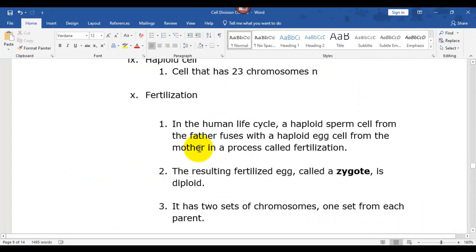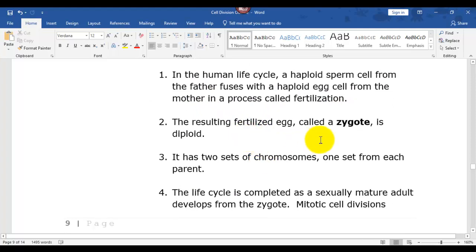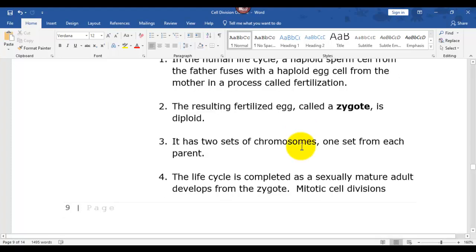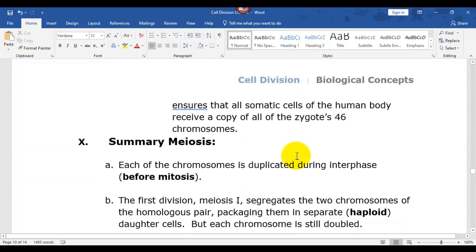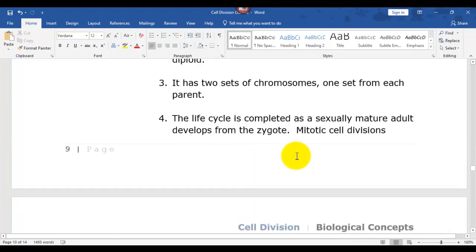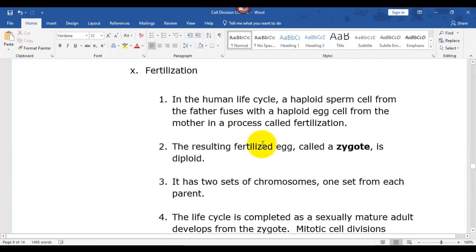So, yeah, a sperm from the father fuses with a haploid egg cell from the mother. What you get as a result is a 46 chromosome zygote, which is diploid, has 2 sets of chromosomes, 1 from each parent, and from there you get a person. Zygote develops into, like it says there,